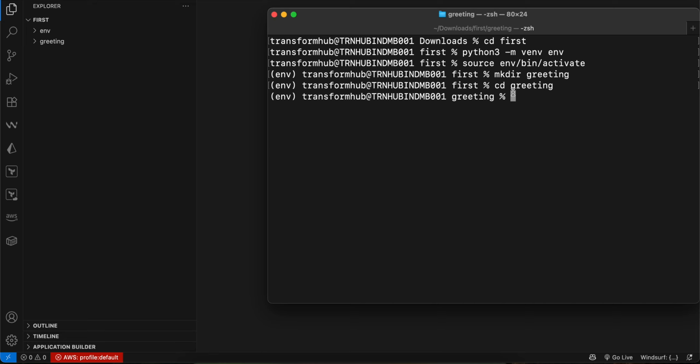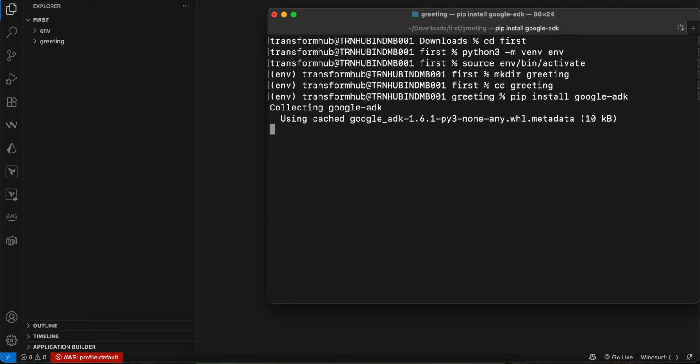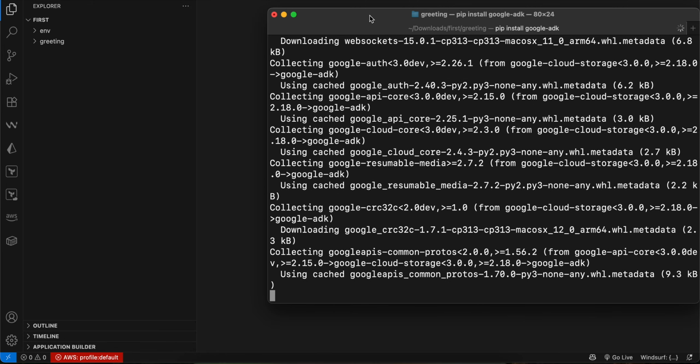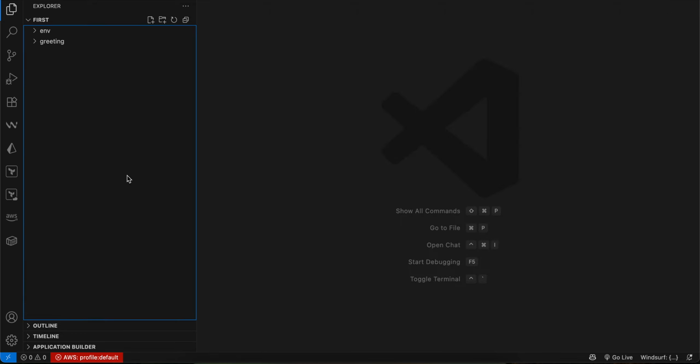Okay, then we need to install a few dependencies. So I'll just do pip install google-adk. And after that we also need to install the python-dotenv package as well. So let's just wait. In the meantime, what I can do is go to greeting